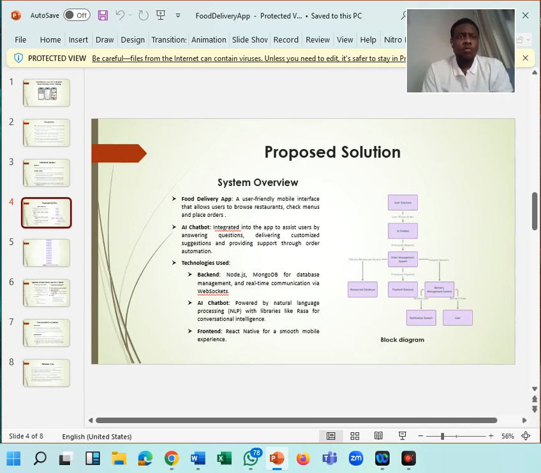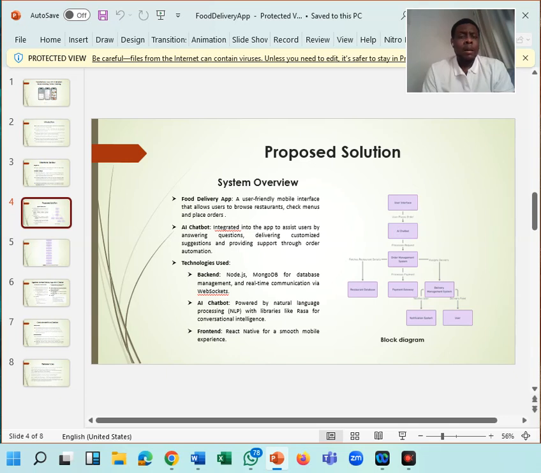So the chatbot will be able to give recommendations, and the technologies used on the back end are Node.js, MongoDB as the database, and then WebSocket for real-time communication. And for the chatbot, we're looking at Rasa.